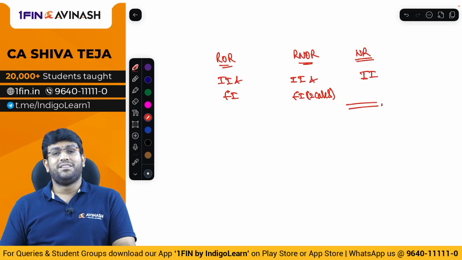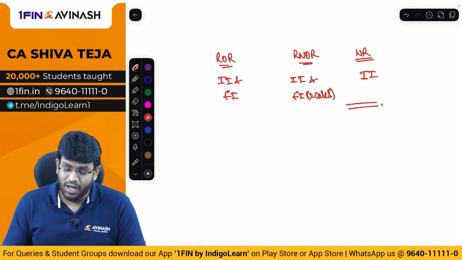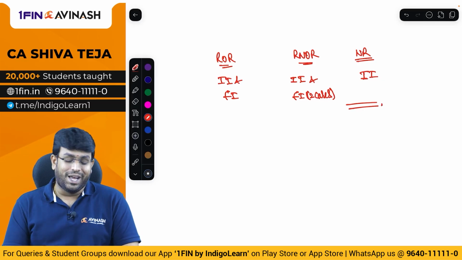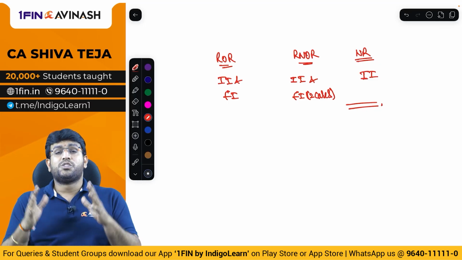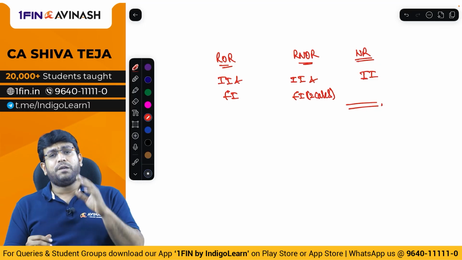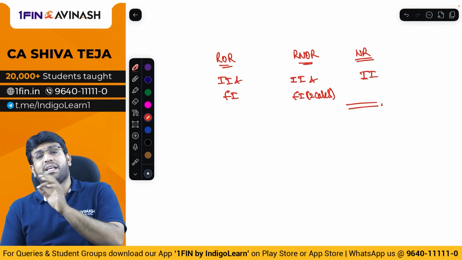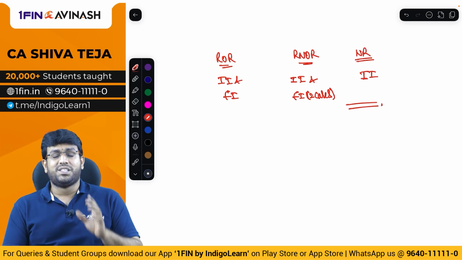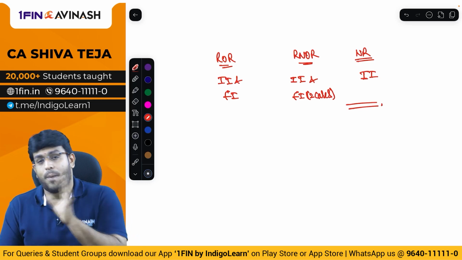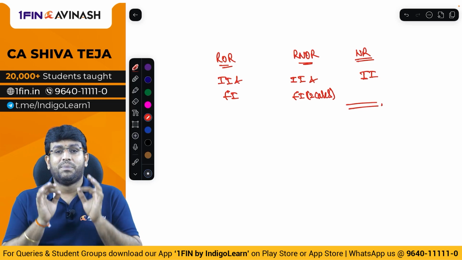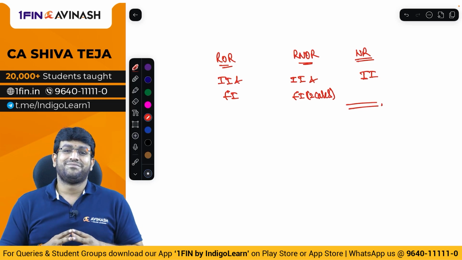That's it. That is the story of this beautiful and wonderful concept known as residential status and scope of total income. High probability that a question will come in examination for 4 marks, which is generally very, very common. So please be cautious, please be careful. That's it.